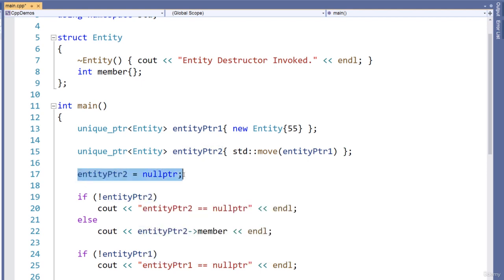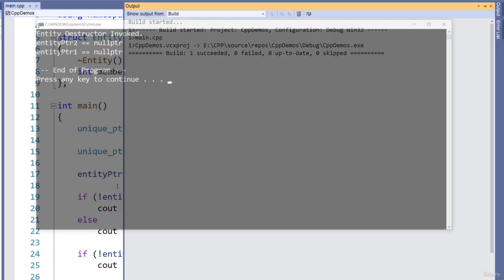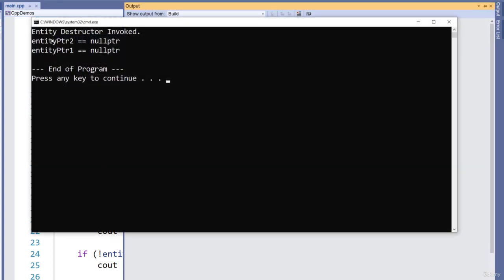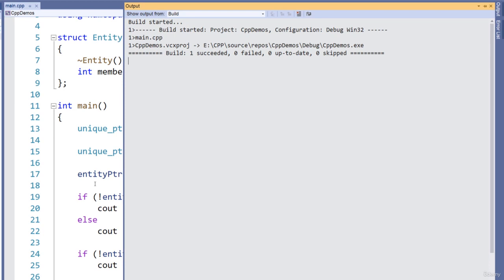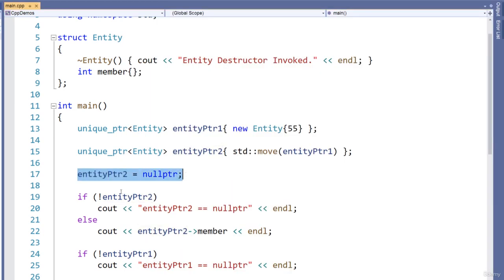As a quick tip, you can actually set it to null pointer in this way as well. Build and run. That's simply what I wanted to show you here. Now we'll also get entity destruct invoked, and both of those are now null pointer. This statement is not simply going to set the member to null pointer, it's also going to deallocate that heap object. For readability, this may not be the best, so what you can do instead is